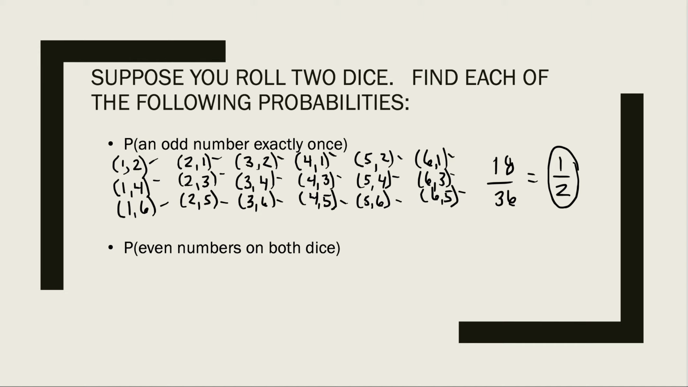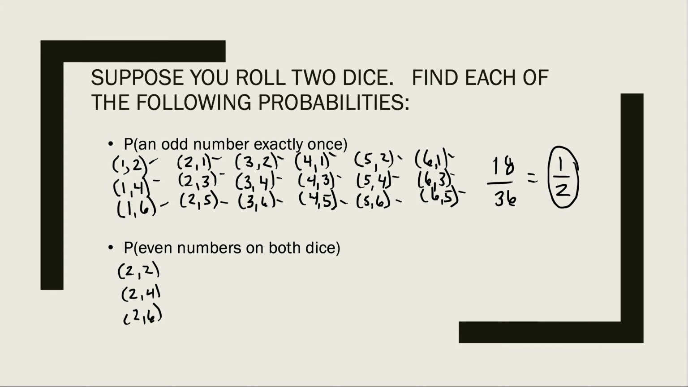So we have a 1 in 2 chance of having an odd number exactly once on the die. Okay, what about the second one where we have even numbers on both dice? So let's again try to make a list of ways that we can do even numbers on both. All right, so I know that I wouldn't have anything that starts with a 1 because that would give me an odd number. All right, so even numbers on both could be 2 and 2, 2 and 4, 2 and